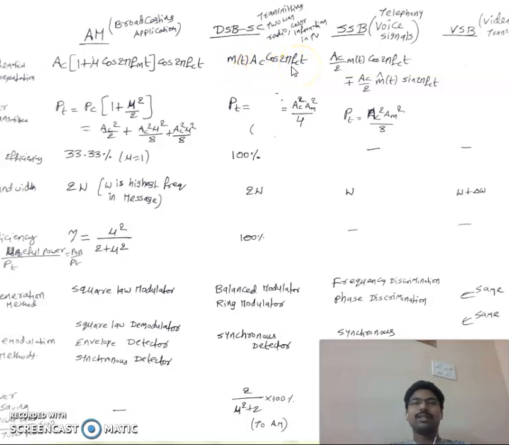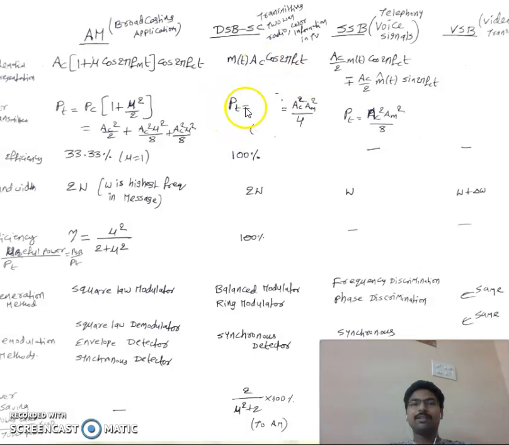So 2 cos A cos B we can write as cos of A plus B plus cos of A minus B. So the terms here are Am Ac by 2 into cos of (fm plus fc) term and Am Ac by 2 cos of (fm minus fc) term. So that is two terms occurring here. One is Am Ac by 2, another one is Am Ac by 2. What is this Am Ac by 2? Am Ac by 2 is the maximum value. That is the peak voltage Vm we are considering here.